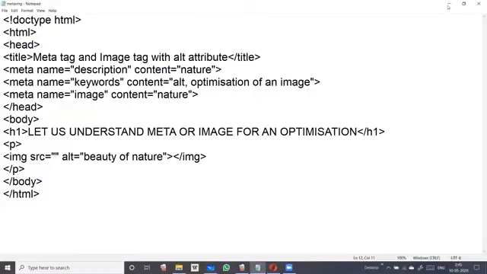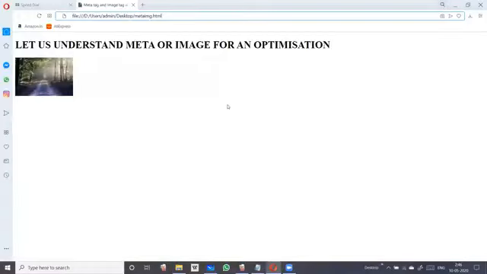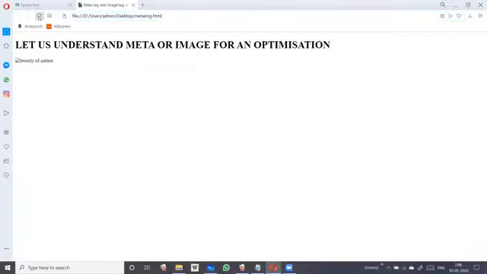Just refresh it. Look, the image is not displayed, but the alt attribute is there to describe that particular image. The name of that image is Beauty of Nature.